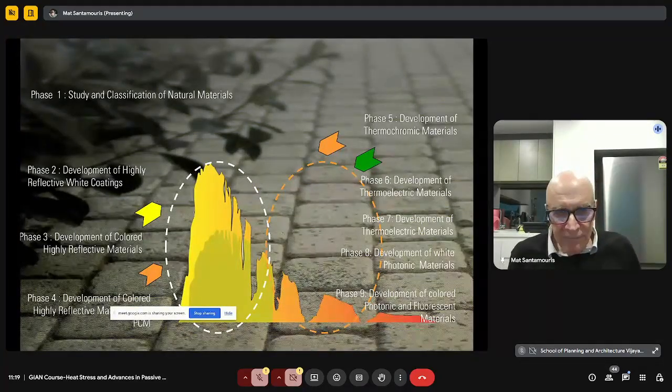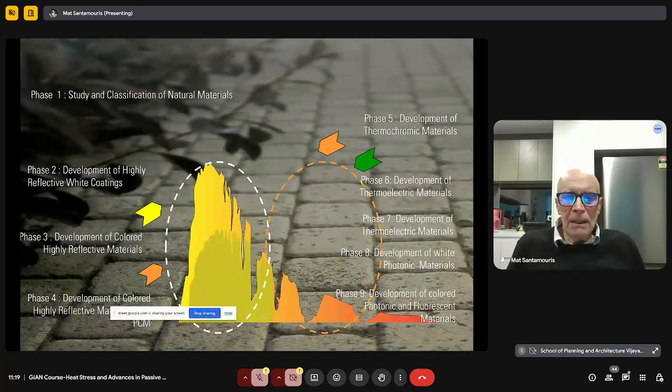These are very basic physics that we have to use. Of course, optics is very important and has to be well understood. And before going to the different types of materials that have been developed in the last years regarding heat mitigation, I think that you have to go back and understand the optics of the materials, because if you don't understand them, you will live with myths and you will use materials the wrong way.